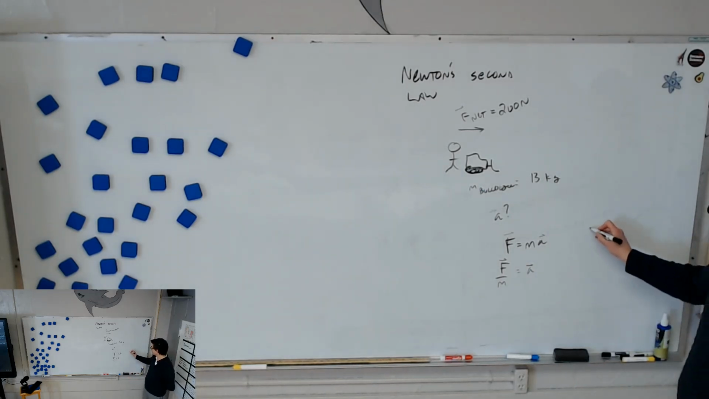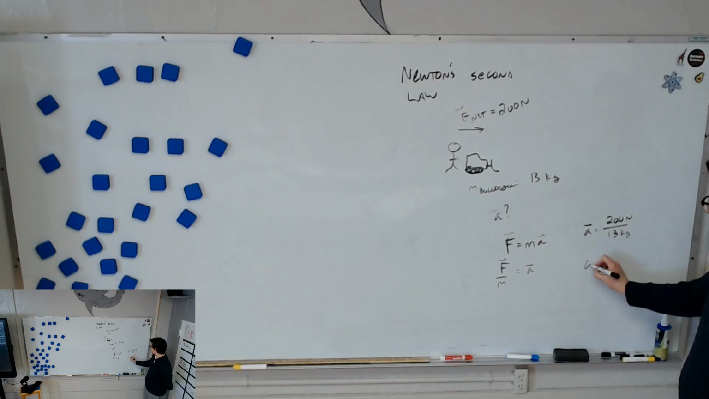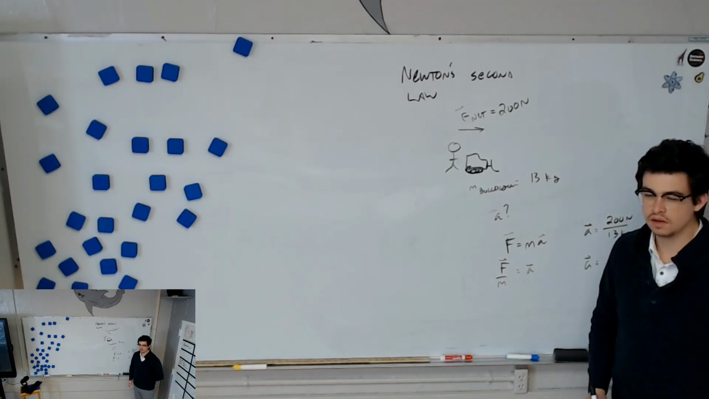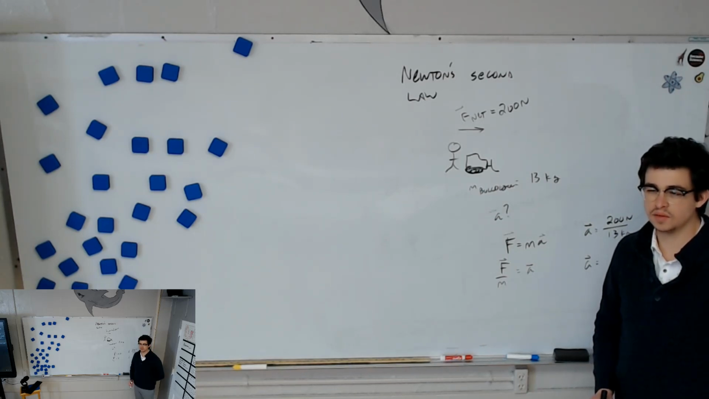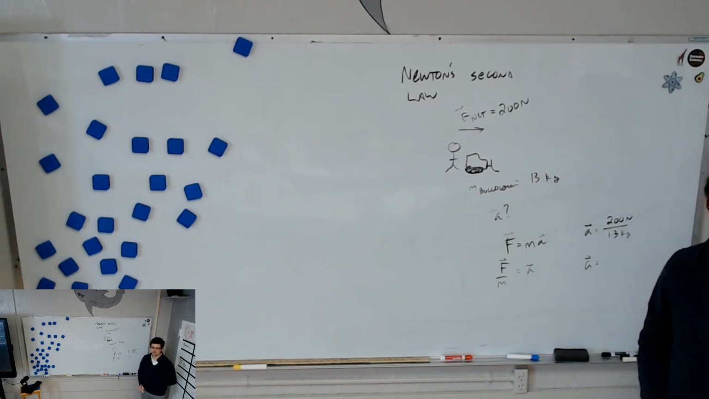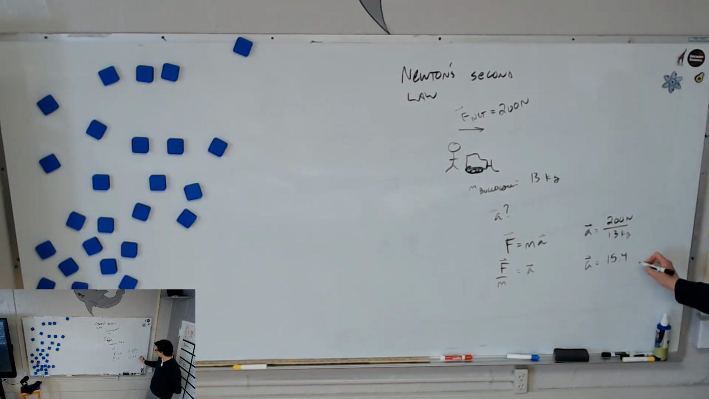Substitute. Tell me what to write. Vector a equals 200 N over 13 kilograms. So math can be done. I should have picked an easier number than 13. 200 divided by 13 is going to be 18-ish? 15.3, 15.4. What units? Meters per second